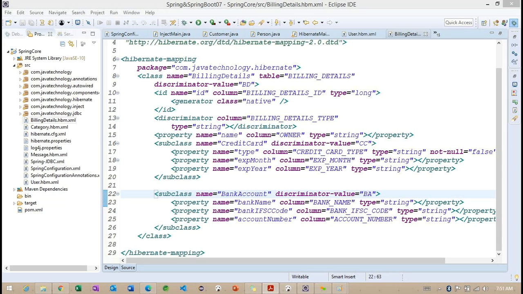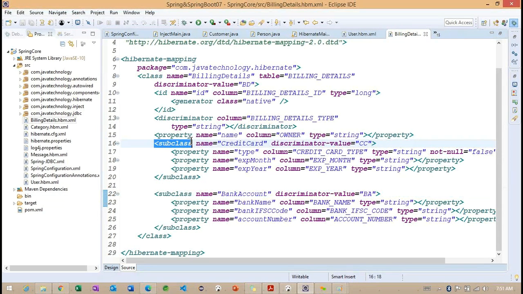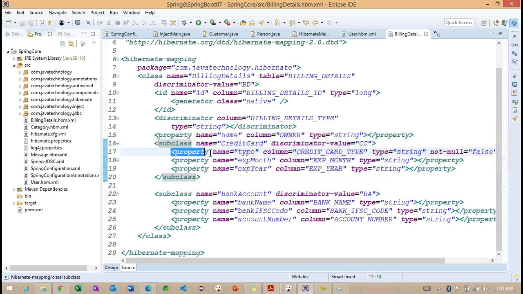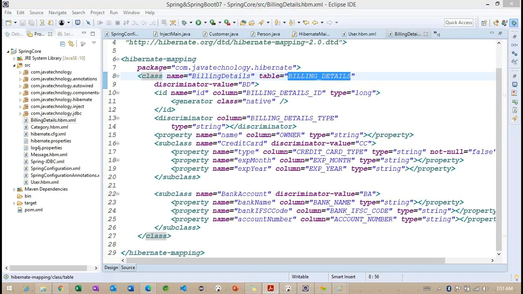So what is our superclass here? Basically, we are having the relation of this inheritance concept. In this concept, we have billing details as a superclass, and we have two subclasses. To make the columns of this subclass information go into one table, what do we need to do? We need to work on this subclass. Getting the point? This subclass tag provides this column information into the table called billing details.